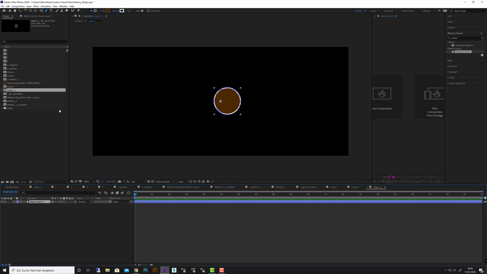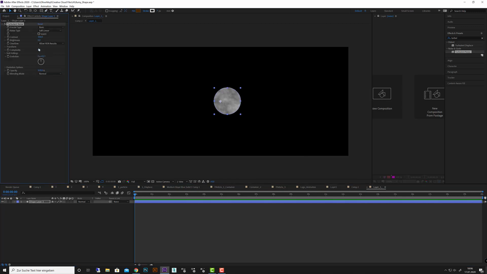So first, what you need is select your shape layer. First is you need a turbulent noise. Bring that onto your layer. And in our case, we like to go with terrain. And we bring up the contrast to something about 210. And the brightness down to, let's say, minus 230, something like that. Okay? And next is we go to transform and we scale that up to, let's say,